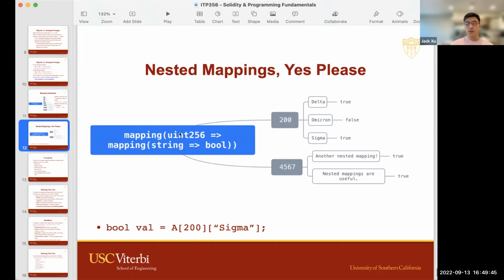Because once you declare a with this typing, you can't change it anymore. If you want the inner thing to point to a mapping for a different type, you need to use a different variable to house it. Okay. Yeah, makes sense. So a only refers to a specific outer-inner mapping structure, and that's called the type.